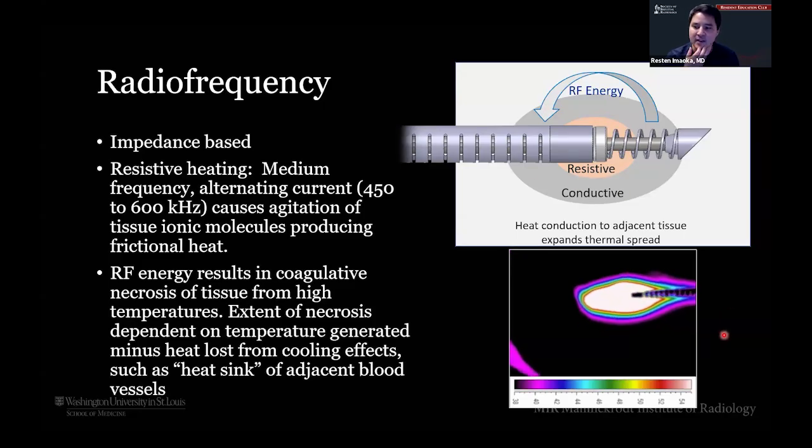But when we talk about things like heat loss, it depends a lot on tumor histology or adjacent blood vessels. Tumors that we know are very vascular, and we think of things like clear cell renal cell carcinoma, medullary thyroid, stuff like that, because they're so vascular, you'll experience a lot of this heat sink, and it may take longer to get the desired temperatures. So here you can see what that looks like, right? The temperatures at the center of the ablation zone and how that expands out here.